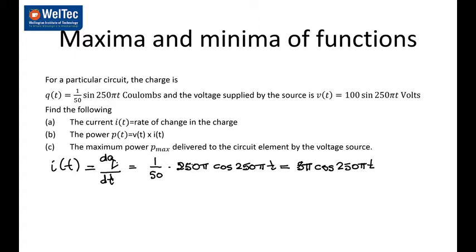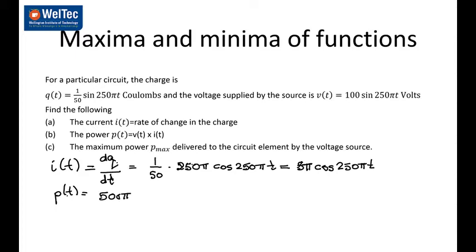The power is the voltage times that. And we're told that the power is 100 sine 250 pi t, and we've now worked out that the current is 5 pi cos 250 pi t. So we just need to multiply them together, and our end result is 500 pi